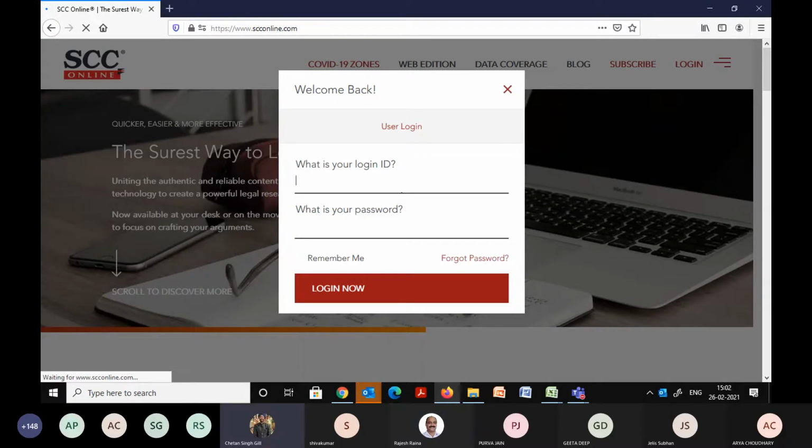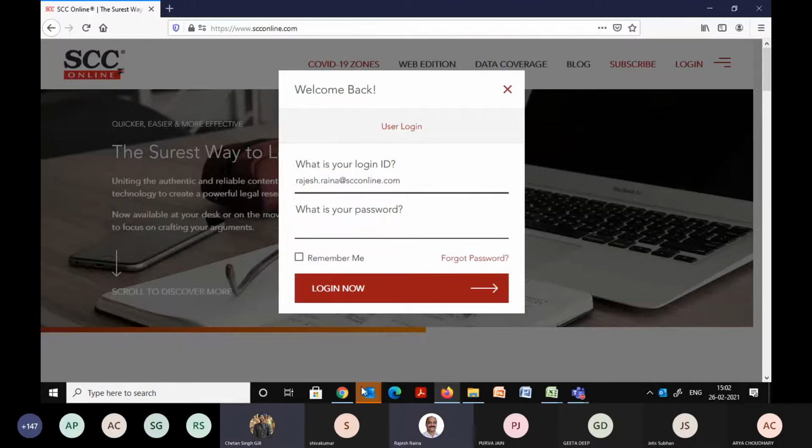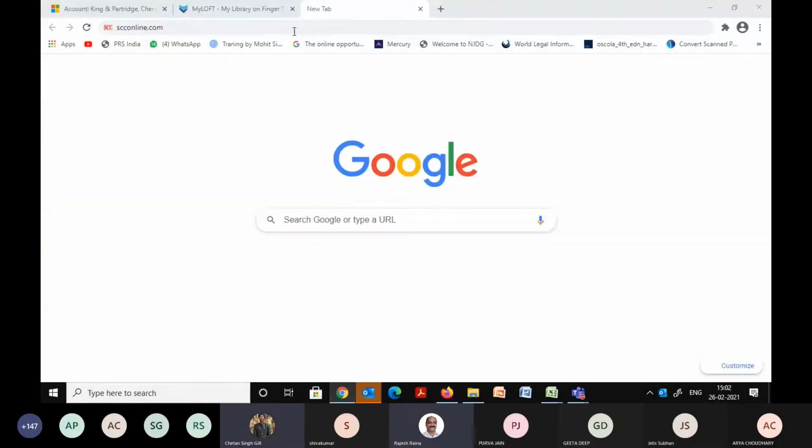You can use the Task Manager and just kill the entire browser once and start Chrome again. I'm trying that. So sorry. All of a sudden it went off. Should I ask Kapil to join you? Yes, please, so that he can at least share the screen. Okay, I'll ask Kapil to come.